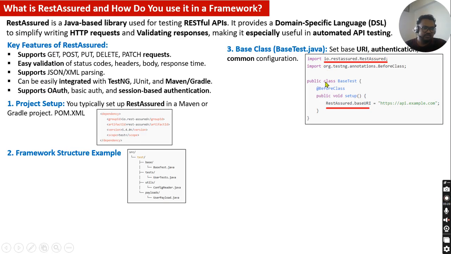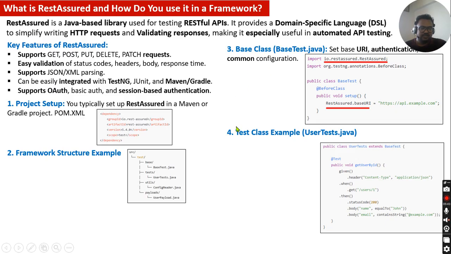But this looks like a BeforeClass, and this is a setup where I am passing the RestAssured.baseURI. This is the URL I am passing. Okay, now once this is done, this is what your test class will look like. You need to extend your base class for your user test. You can extend your base class, and you see over here, whatever the values, GET /user/